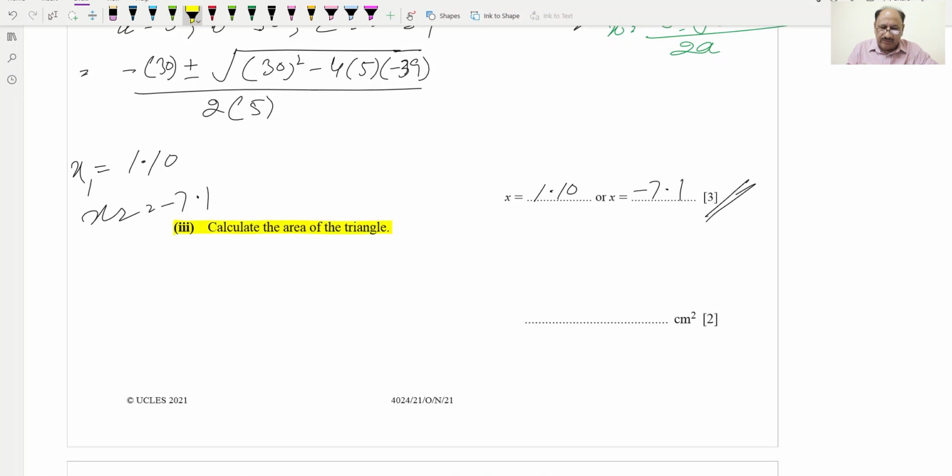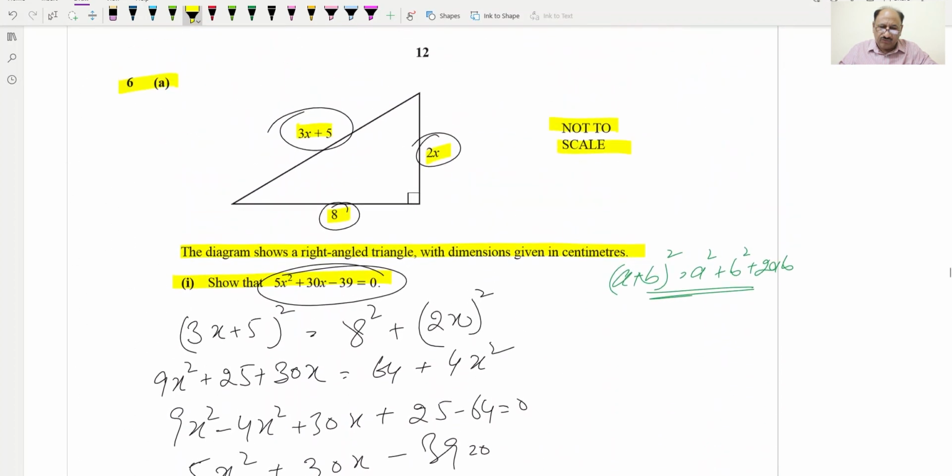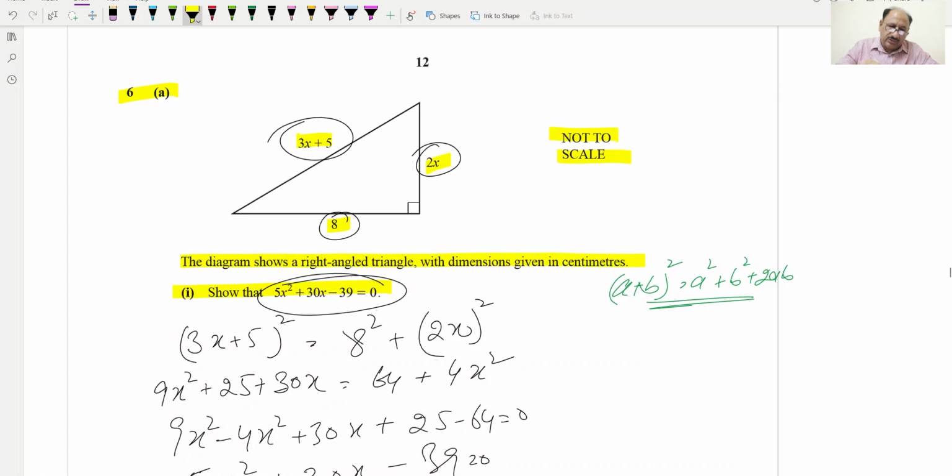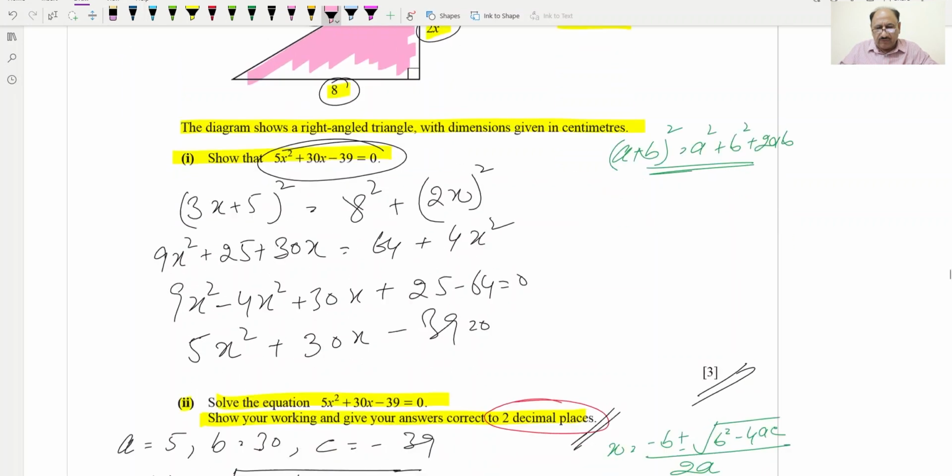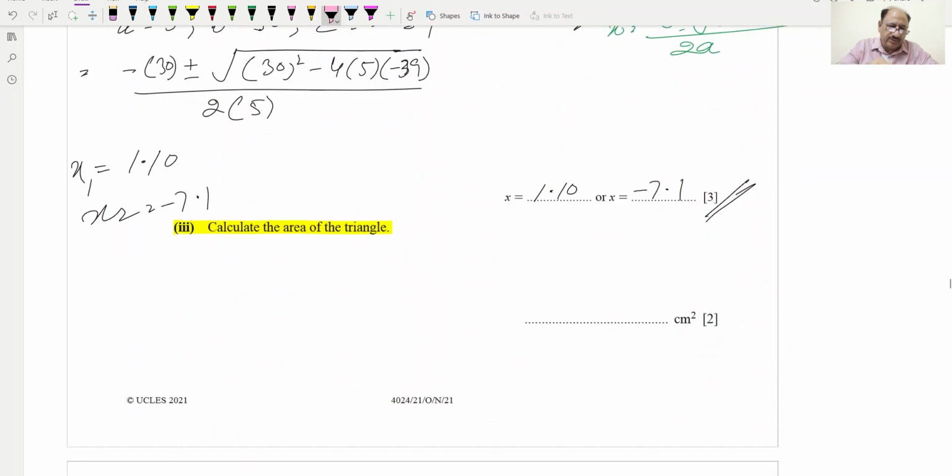Now calculate the area of the triangle. To find the area of the triangle, we will be considering this whole triangle, and you know the area of a triangle is equal to half into base into height. So area is equal to 1 by 2 into base into height, and the base is given, which is 8, and the height is given, which is 2x. For the x value, we cannot take the negative value because this is a length or height, it cannot be negative. So we will take